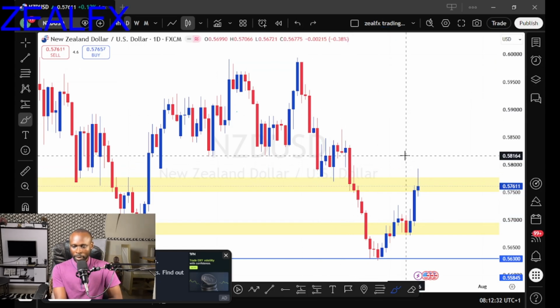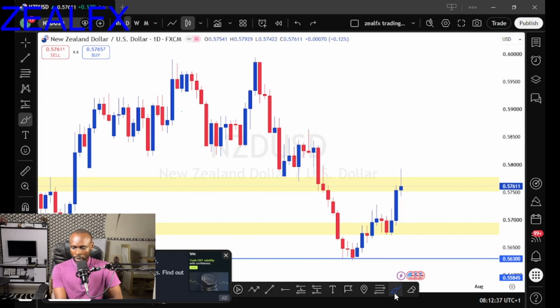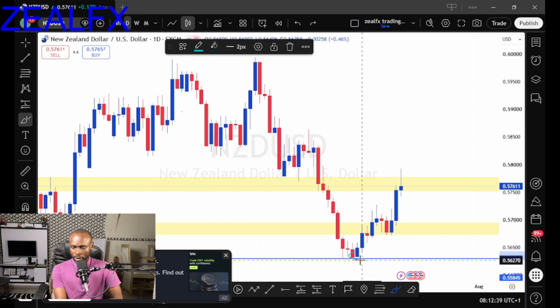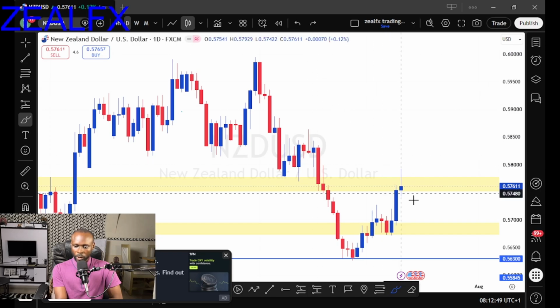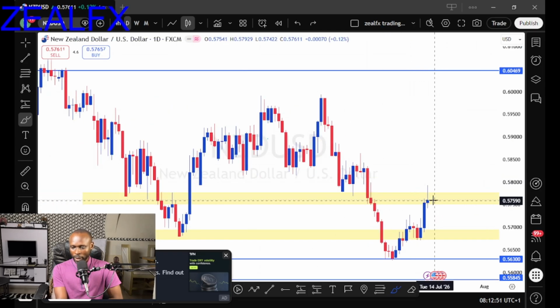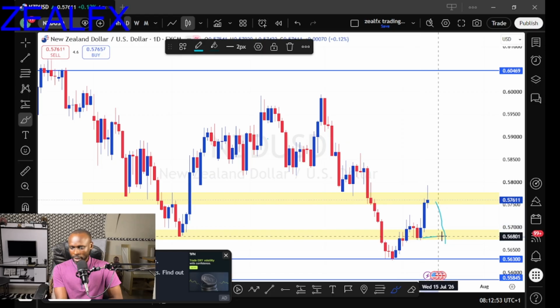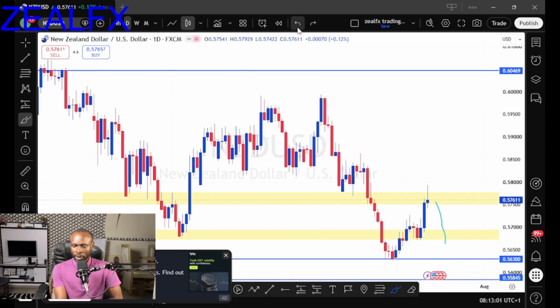Let's look at the trend of the market this week first. On the New Zealand USD, we can see price creating this lower low, then a higher low. So this is an inner structural movement for the New Zealand USD. For us to start looking for the selling opportunity, we need price to break below this level, which is this higher low, then wait for a test to start looking for that strong sell, because this inner structural bullish series of higher lows